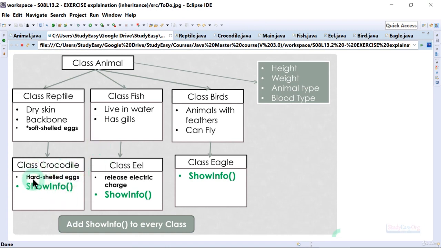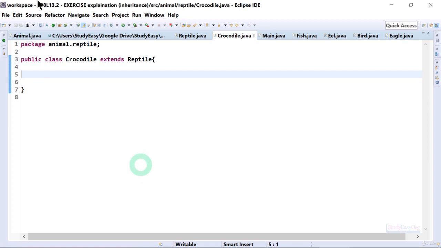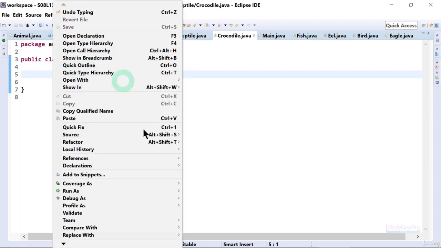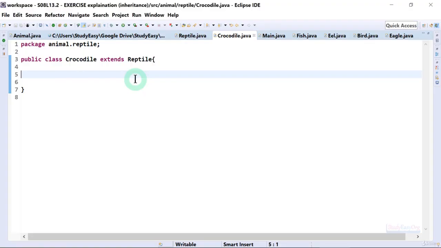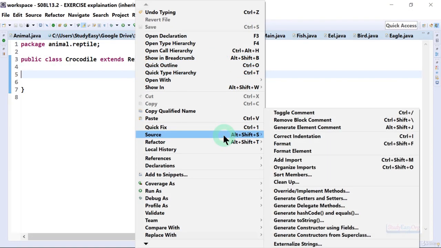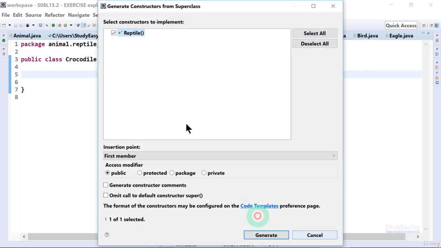In here we need to override the type of the egg crocodile lay. They lay hard shelled egg. So in here, let me navigate to the crocodile class. I will right click, navigate to source, and I will select this particular option, generate constructor from superclass, and the superclass is definitely reptile, so let me